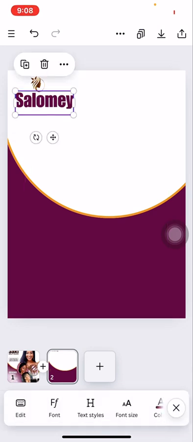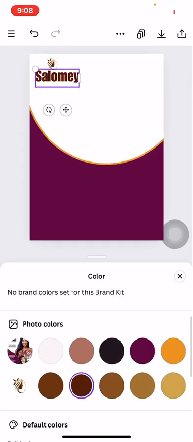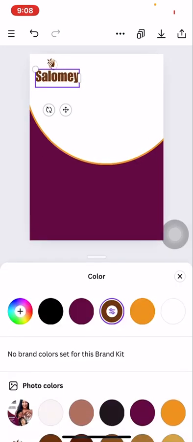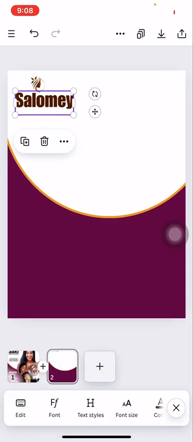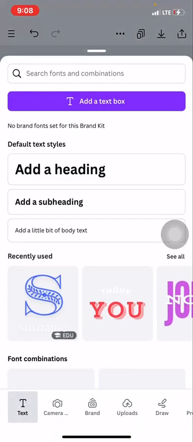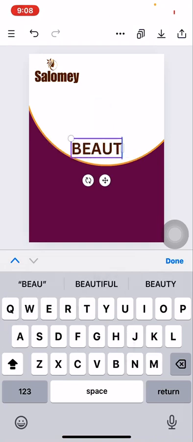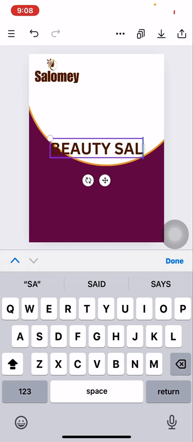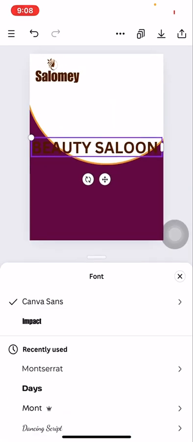Okay, so I'll just change the color to my favorite color. Okay, all right, so that is it right away. I can manipulate the color nicely, and then I am free to go. All right, so let's keep on moving gradually. Now I'll just go for text again, say beauty salon. Okay, beauty salon. Now I'm going for font type, and I'll give it Montserrat